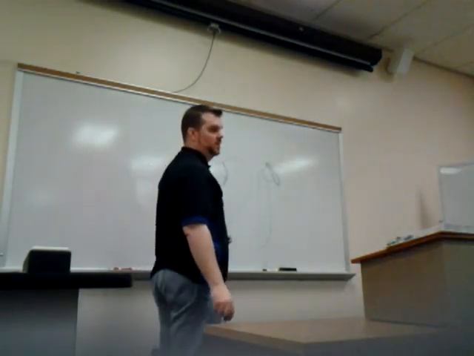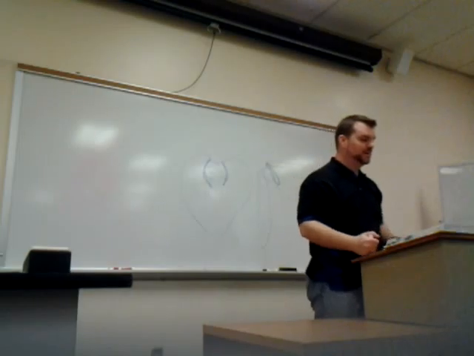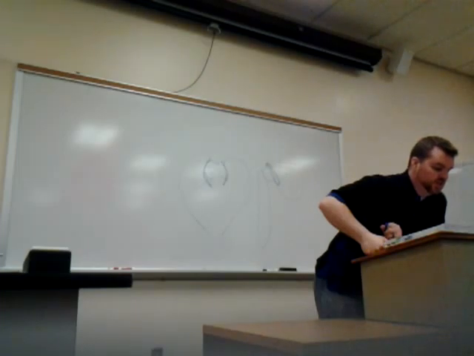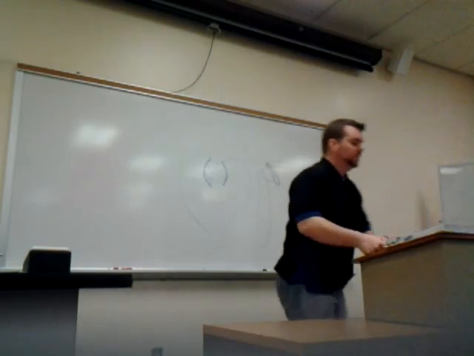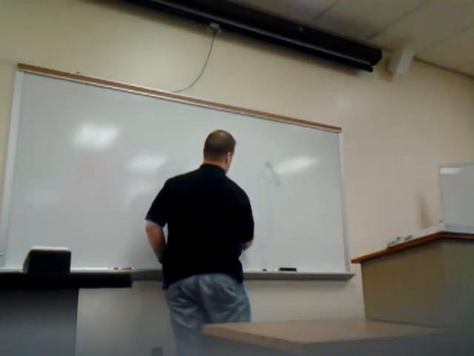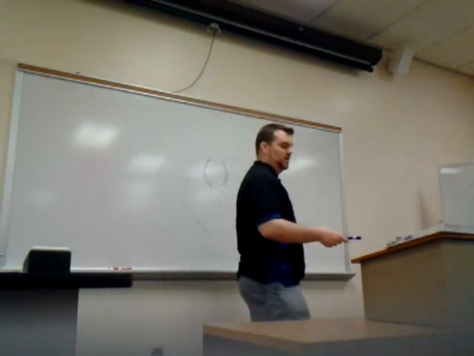Those two little lines make the sacrum look like a heart. That's your sacroiliac joint. And then the acetabulum is where the leg comes in and makes the ball and socket. You can see that on